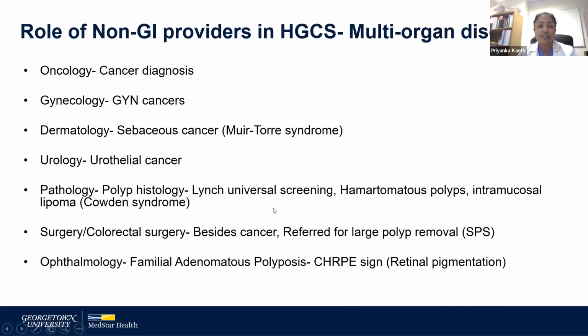The role of non-GI providers is one of my concluding slides. Hereditary GI cancer syndrome, especially Lynch syndrome, is a multi-organ disease. So any organ, any system, any patients they follow can be diagnosed there. And that's teamwork. We do coordination of care anyway. Oncologists see patients get a cancer diagnosis, and a lot of patients do get referred from oncology to genetic counselors, and we find patients that way. GYN cancer, like I said, endometrial and ovarian cancers, they'll see, and they'll also see young patients who have never had cancer